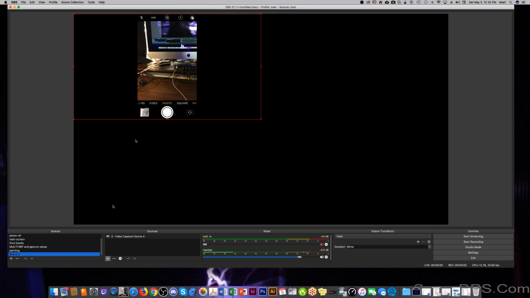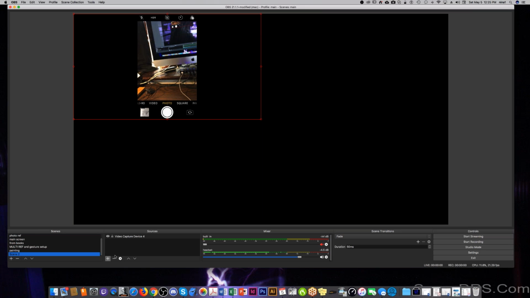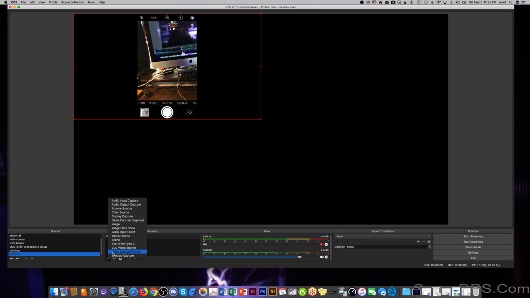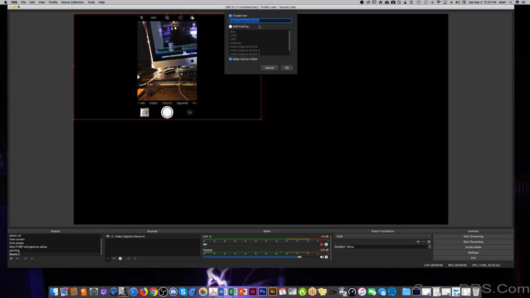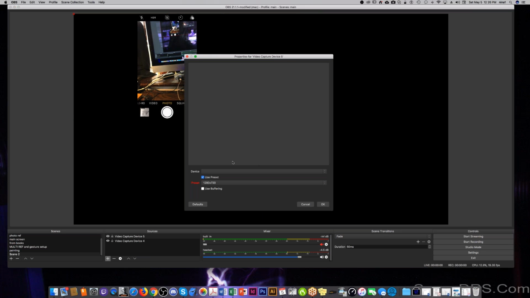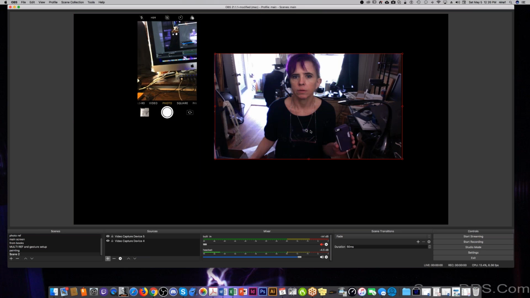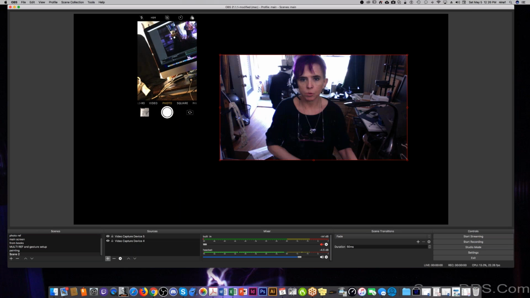and I will add a face cam because I think, nope, not the scene. Let's add the face cam here. Another video capture device. You can see there's a million different things you can add. Okay. So there's that. Now, with these two items, which might be all you have if you don't have a webcam,